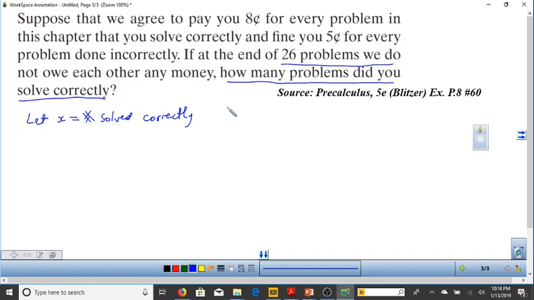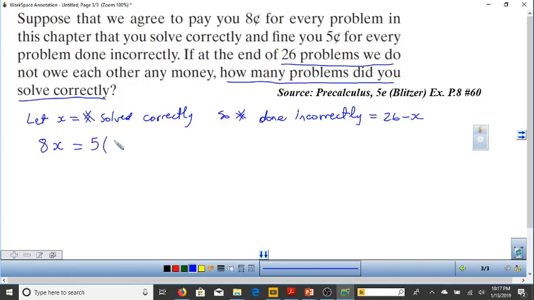So the number done incorrectly would be the leftovers. So that would be 26 minus x. And so now, if you get paid 8 cents for each problem you get correct, so that would be 8 times x would be the total amount of money, in cents, that you would have gotten from solving the problems correctly. But then, if you lose 5 cents, then that would be 5 times